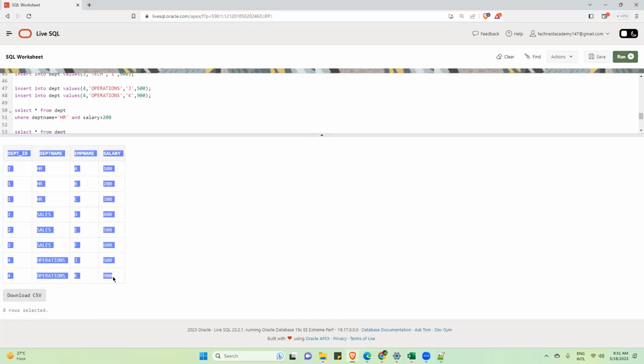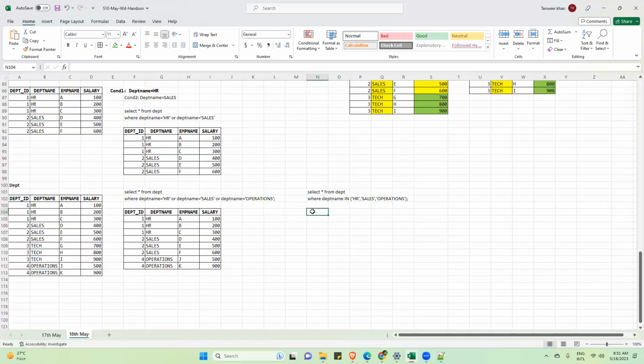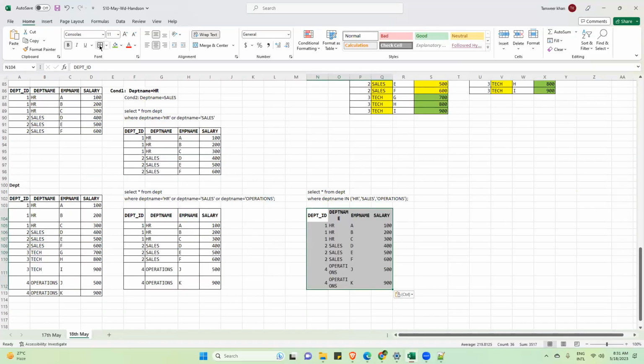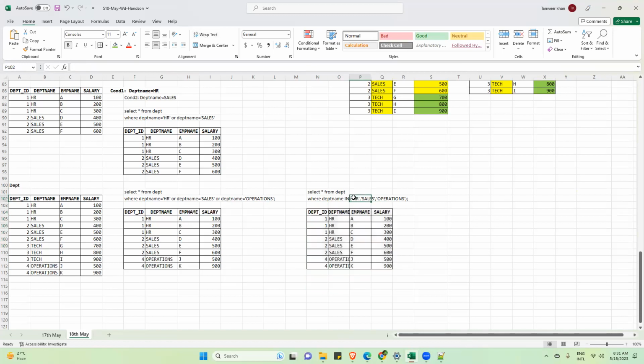Now if I execute this query, please verify the output. This is the output. Are you getting the same output? Yes. Same output, right?